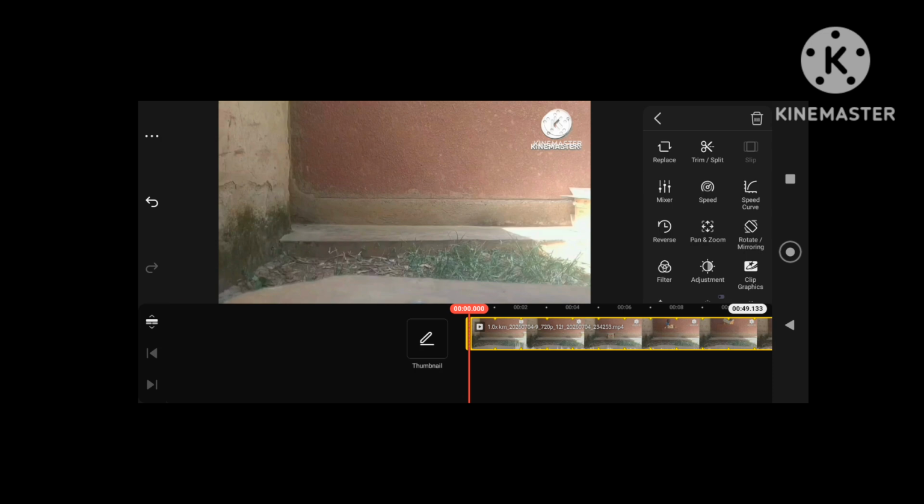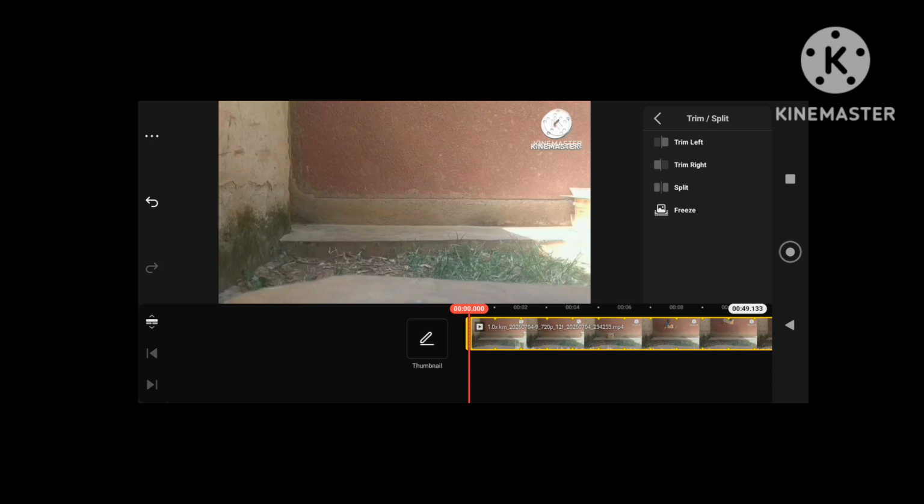3. You can trim and split clips. If you want to trim or split a clip, tap on a video clip in your timeline to select it. It will turn yellow on the edges. Tap the trim or split, the small scissors icon, in the right menu.